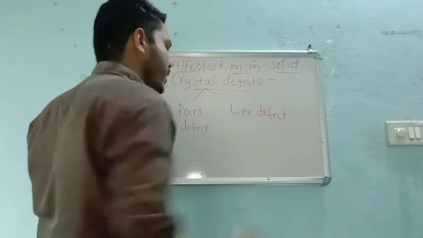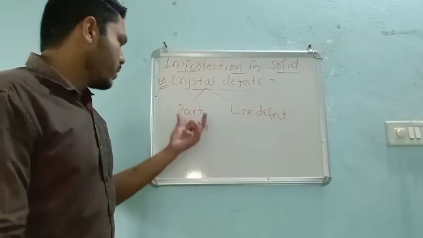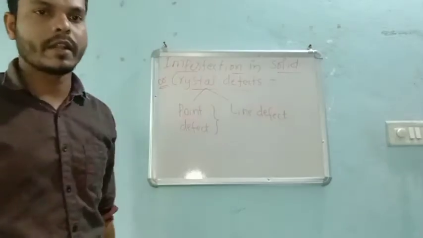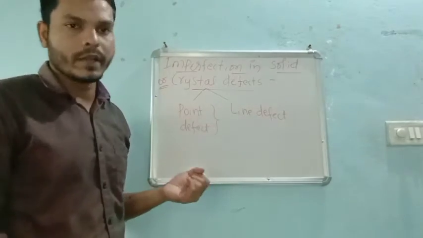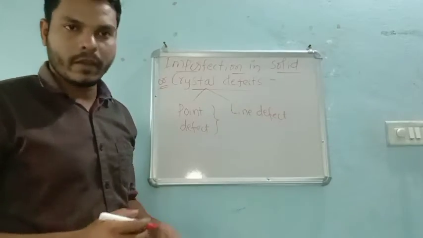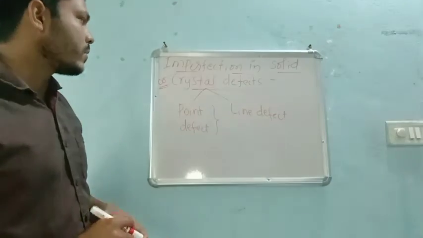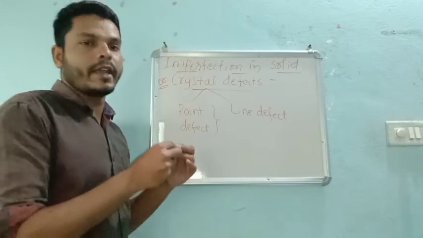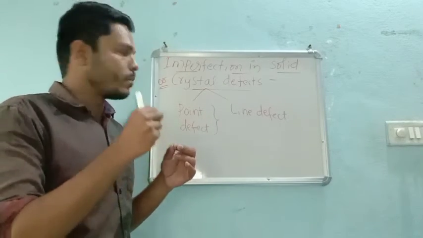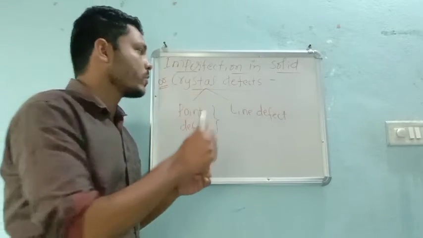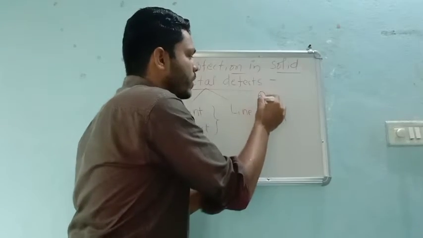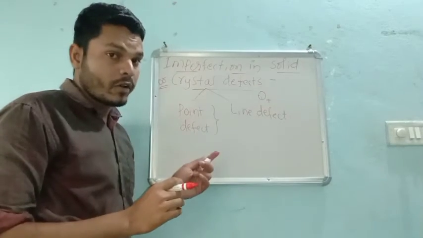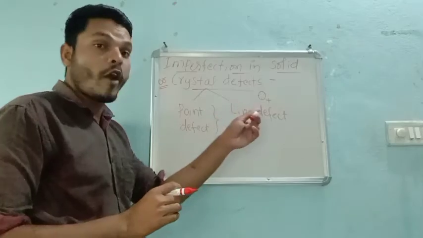Point defect and line defect. In your syllabus, we learn this completely in depth. We can go for point defects. Line defects also we have, right? Point defect means a single point. If there is any defect somewhere in a point, like I showed, a positive ion will come somewhere to the interstitial site like this. These types of defects are called point defects.